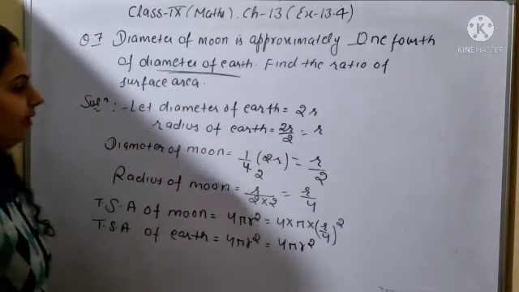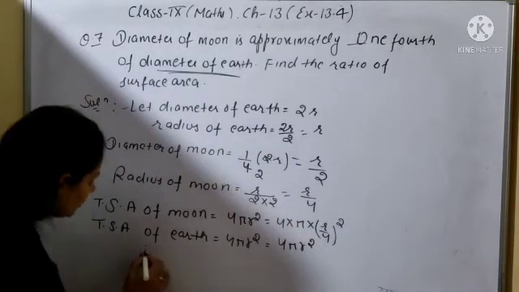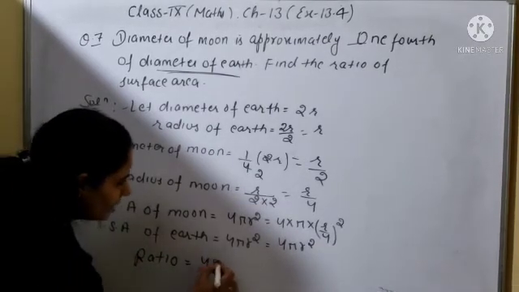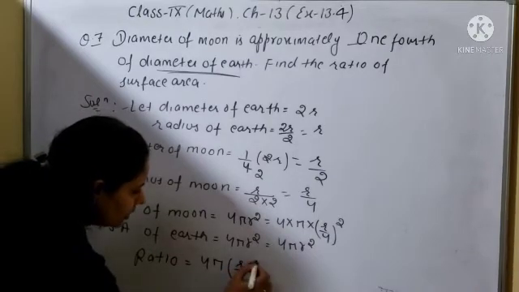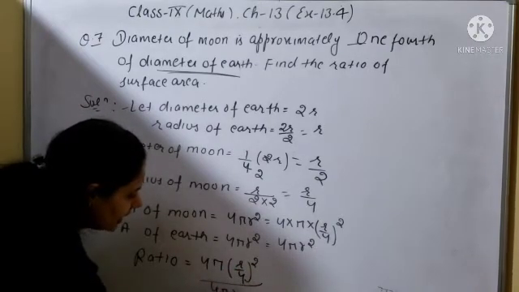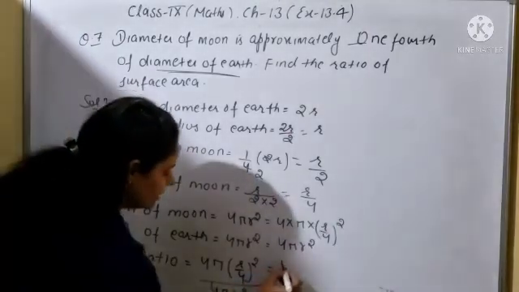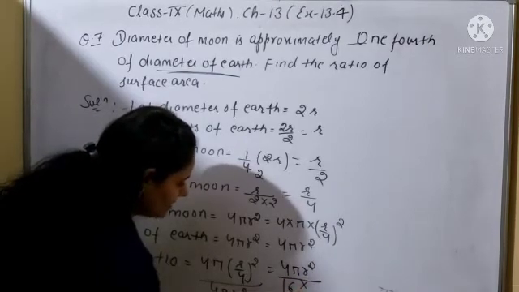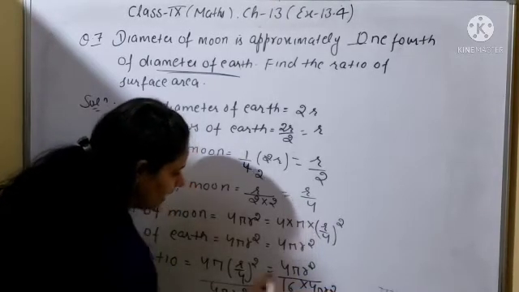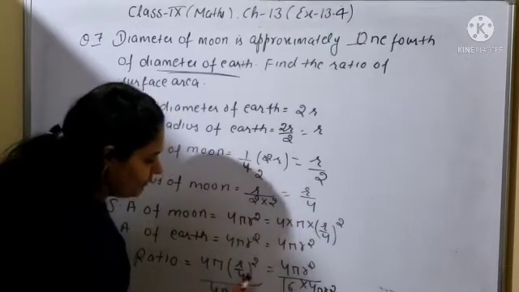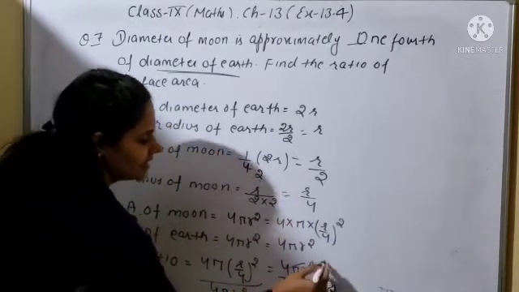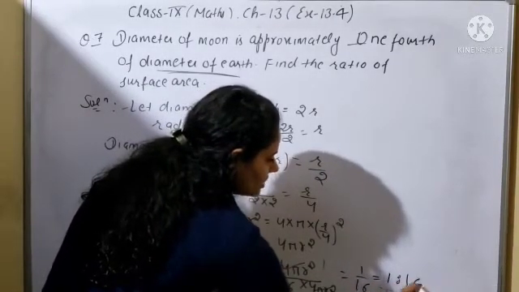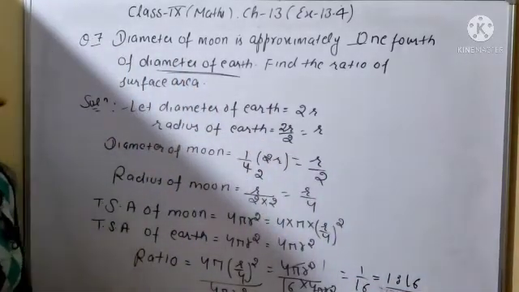Now what will you do? You will find out the ratio. So ratio of moon to earth will be 4 pi r upon 4 whole square divided by 4 pi r square. Clear? Now you can see this one will be 4 pi r square upon 16 and multiply. This is 4 pi r square as it is, and here I have opened it. Okay, r square will be r square and 4 square will be 16. So 4 pi r square cancel. So in numerator it will be 1 and denominator 16. So it will be 1:16. Clear? So this one will be 1:16.